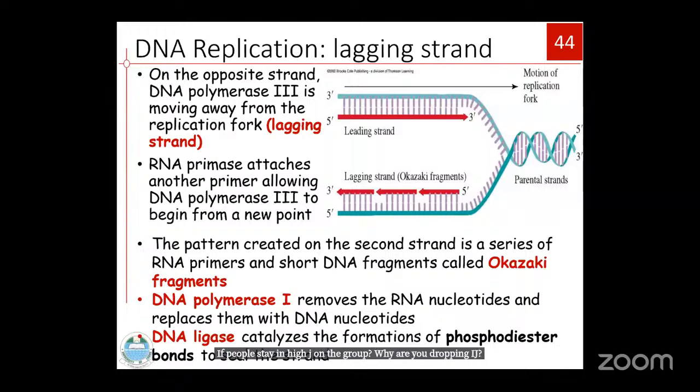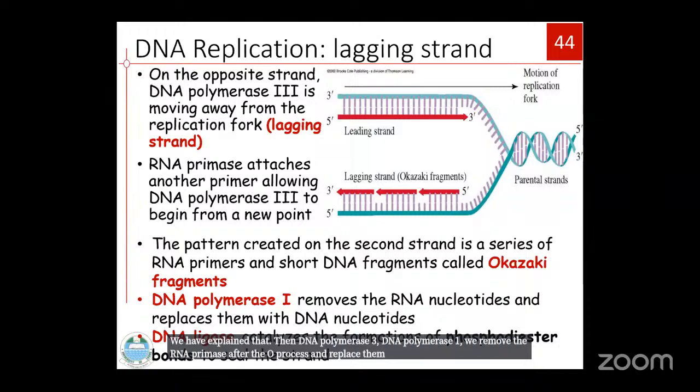So RNA primase attaches another primer, allowing DNA polymerase 3 to begin to form a new strand. We've explained that. The pattern created on the second strand is a series of RNA primers and short DNA fragments, known as Okazaki fragments. We have explained that. Then DNA polymerase 1 will remove the RNA primers after the whole process and replace them with